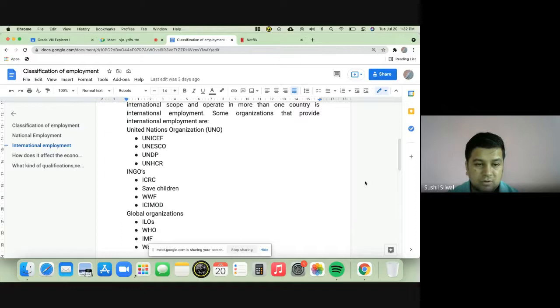So is that clear about national and international? Is the concept clear? These terms like UN, I'm not going to talk about now. We'll be talking about them in social studies when that topic comes. Right now, our main concept is to know about national and international. And the plan has not been kept thematic also. Both lessons are going together right now because of a few things. So we'll talk about these different organizations later on. Now next group, characteristics of international